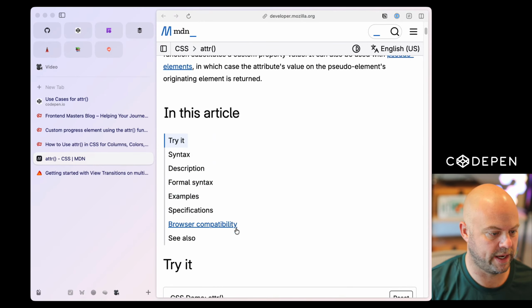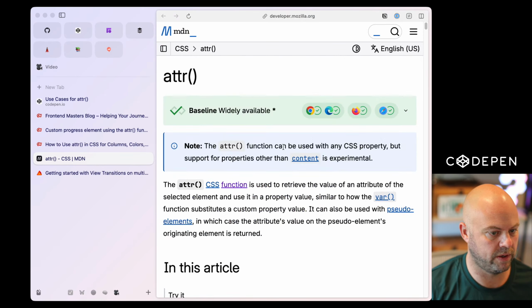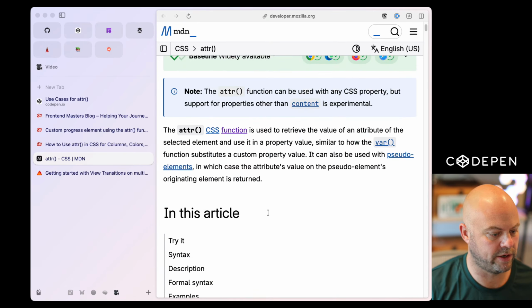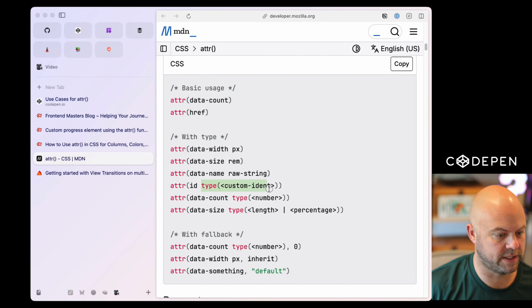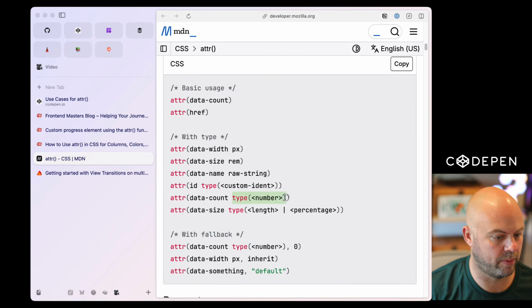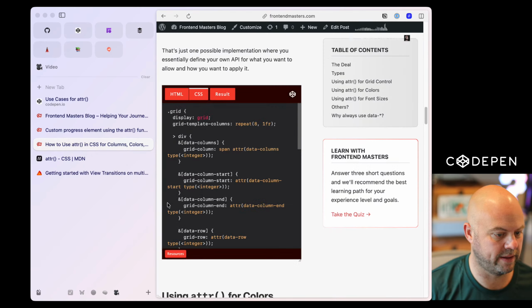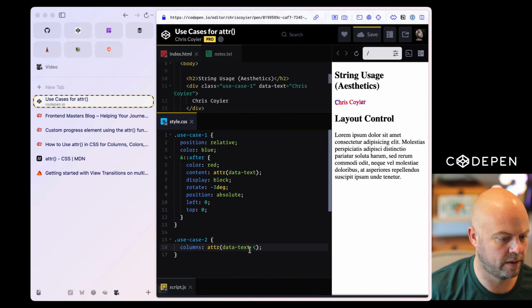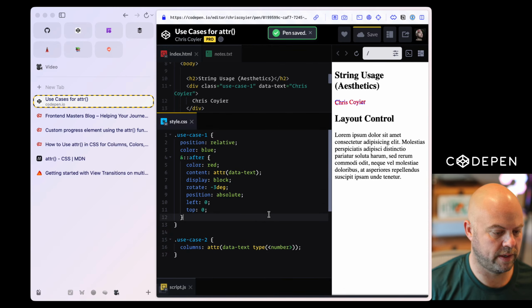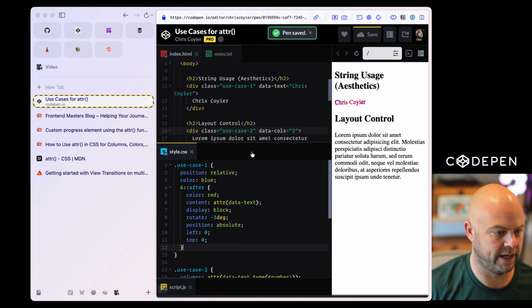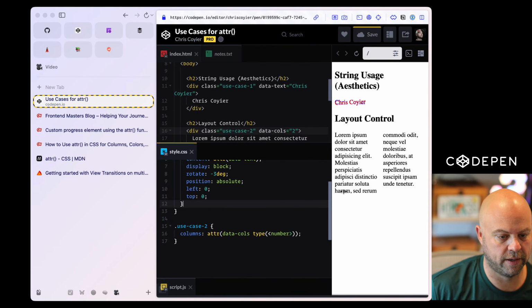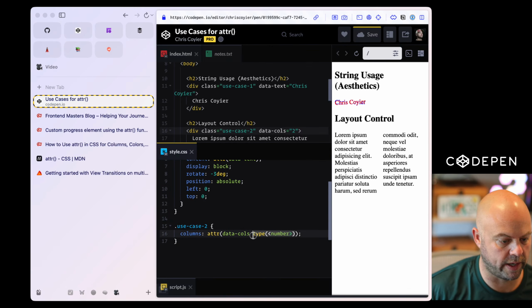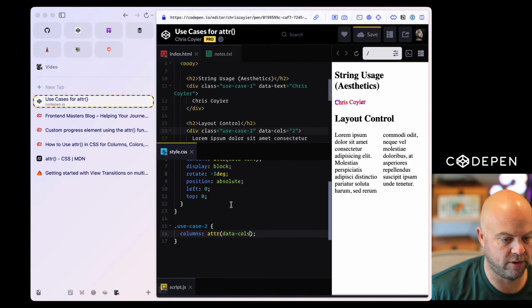So what is the syntax? Do you have to have a comma when you do this? Attr, blah, blah. Syntax. No, it's just a space, and then you just say the type. Yeah, see, I would have never remembered that. I think that's weirdly hard to remember. Data, and it's not data-text, it's data-cols. That's going to work. And just, I guess, to prove it wasn't because I had the data attribute wrong,